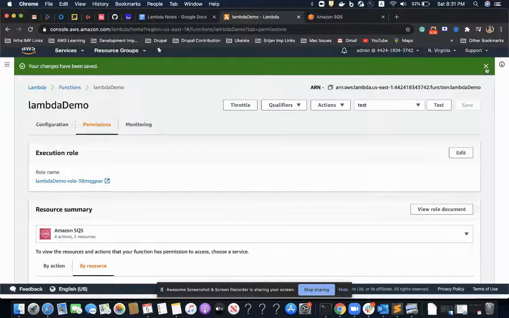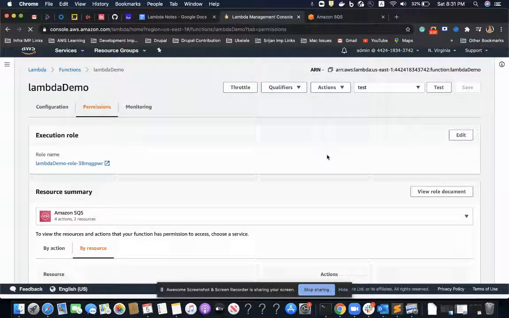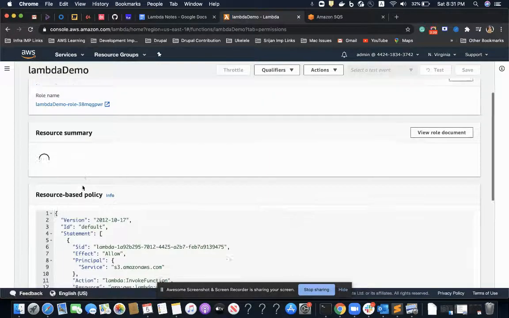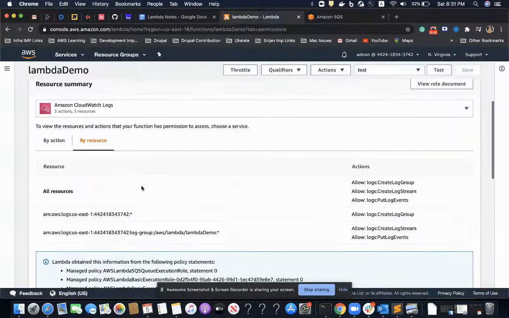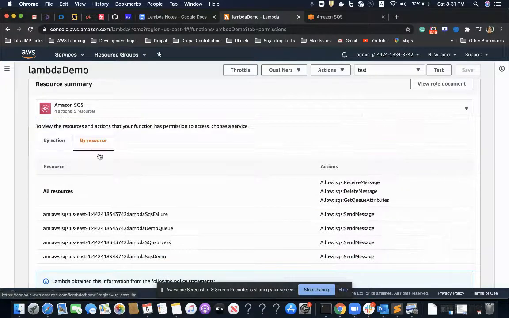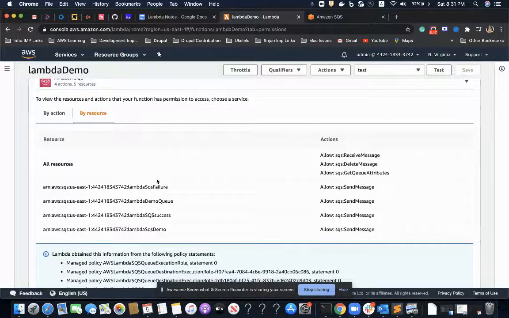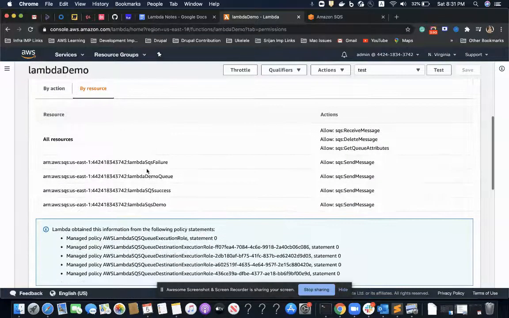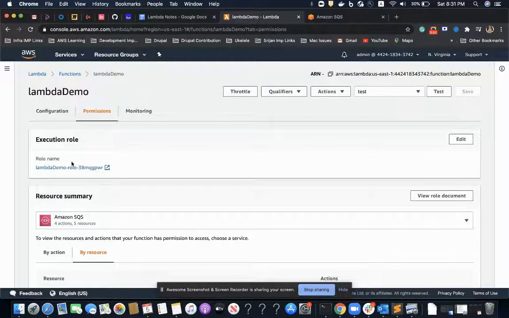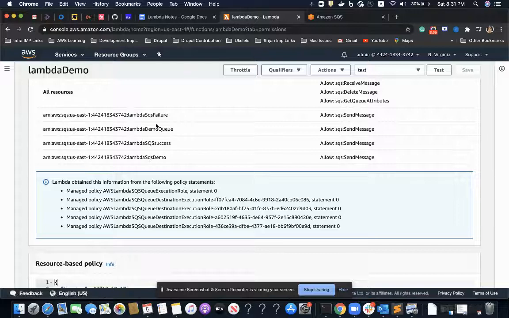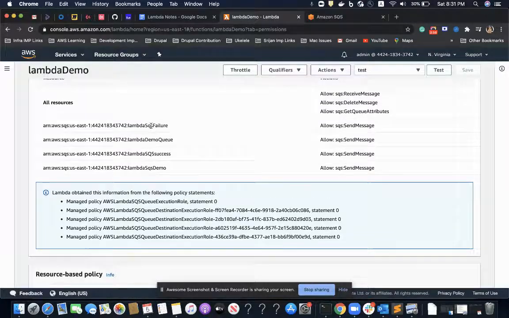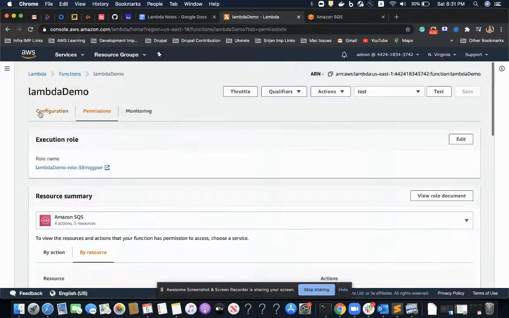I'll refresh it. So we can see that the execution role of this lambda function has added permission for sending message on this queue and this queue which we want.